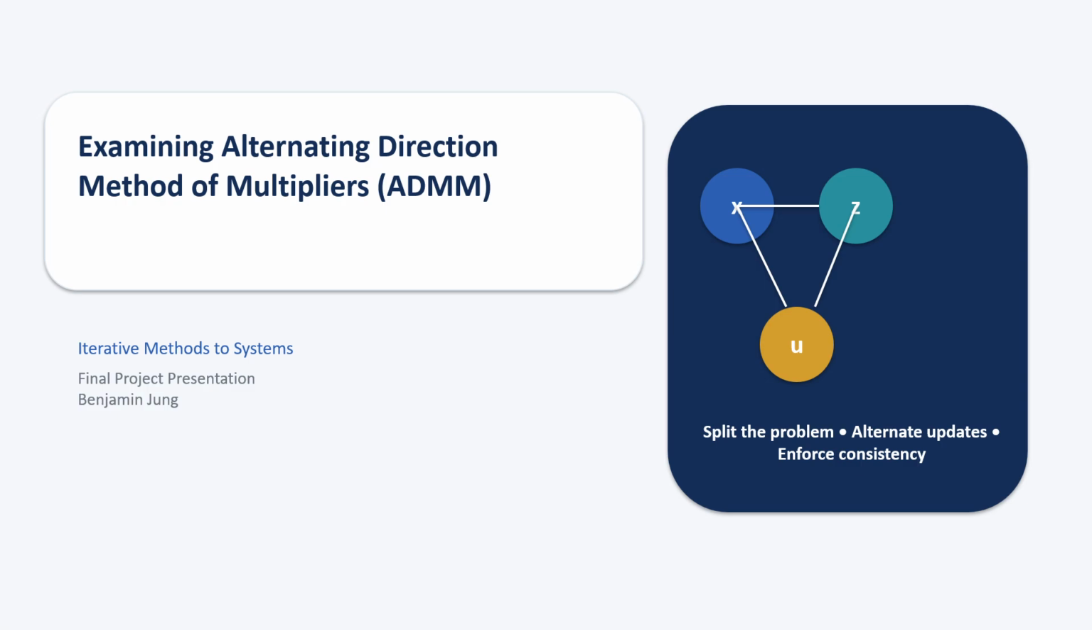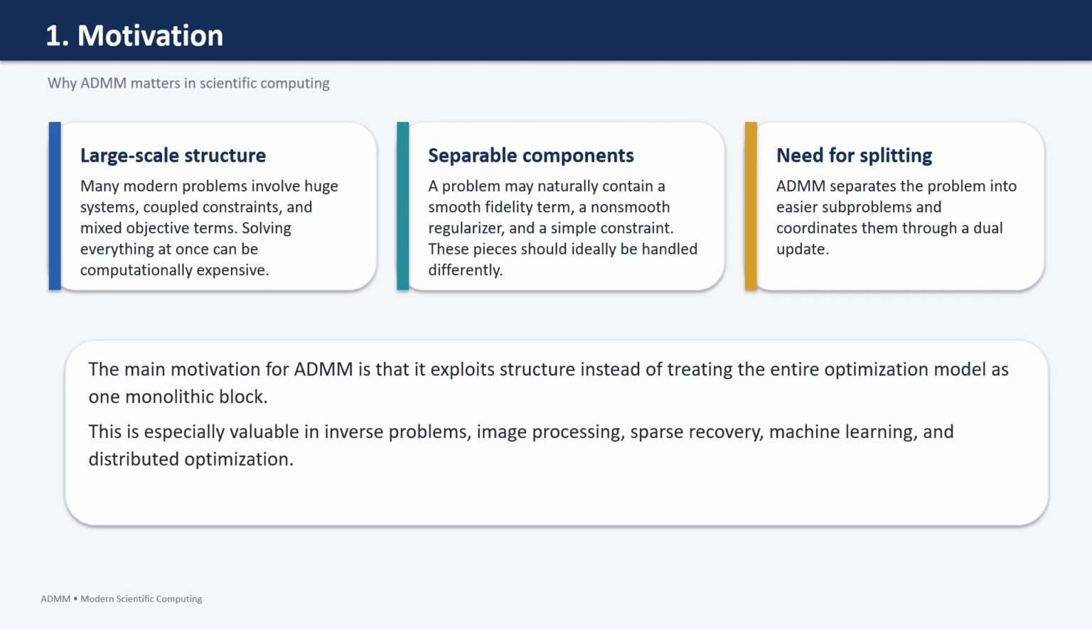Hi, my name is Benjamin Jung, and today I'll be presenting my final project presentation for iterative methods of systems on alternate direction method of multipliers, otherwise known as ADMM. So ADMM is a modern-day numerical optimization method that's really useful for solving the large-scale structural problems that are present